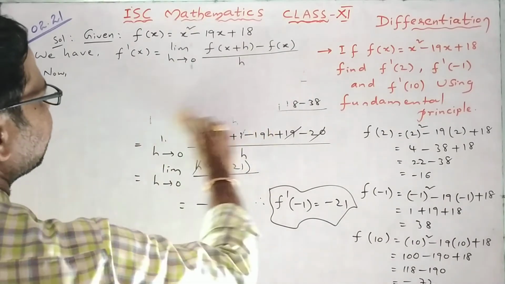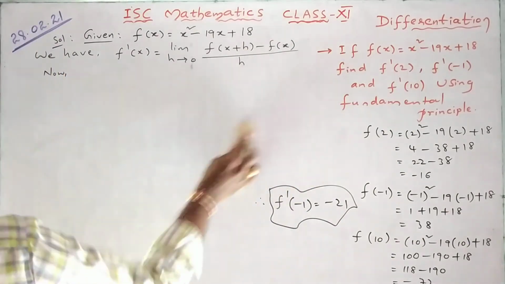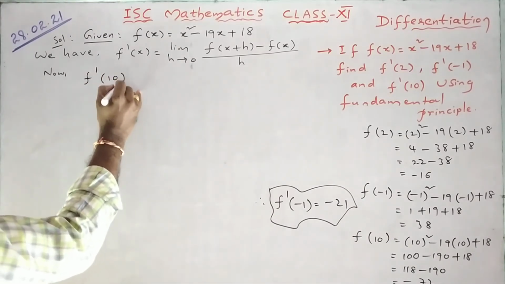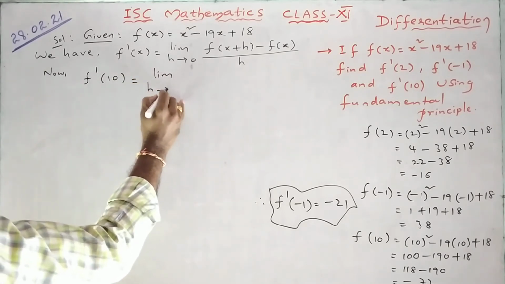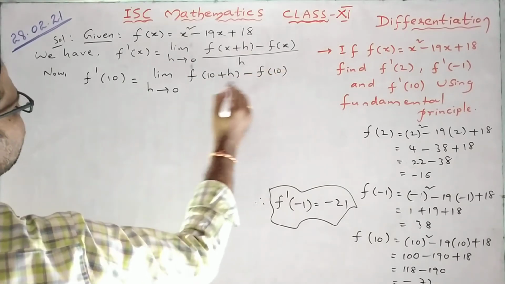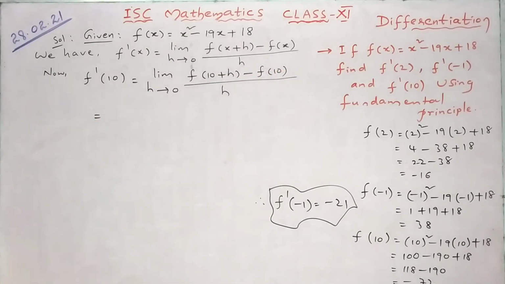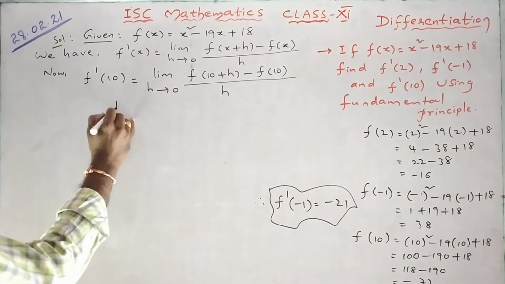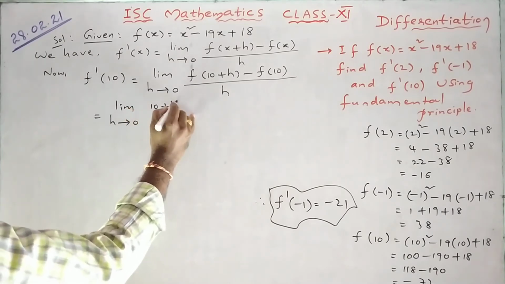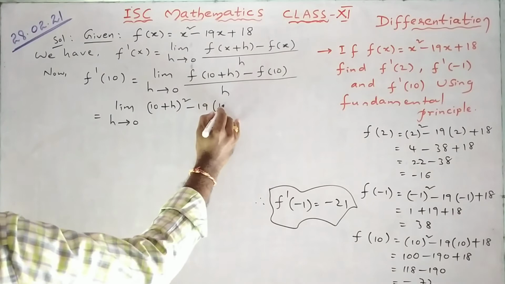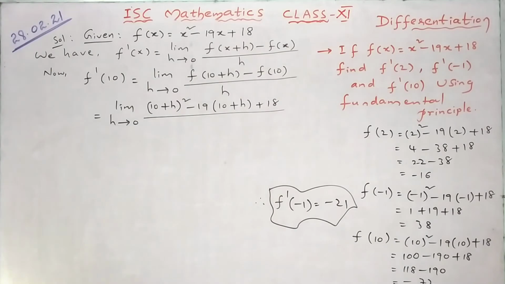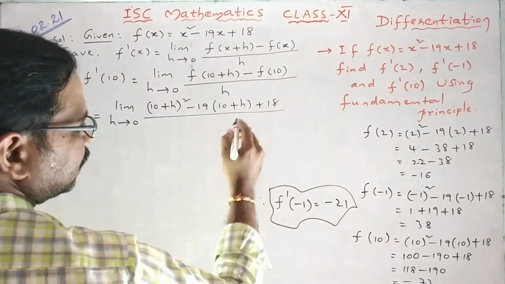f dash 10. How do we do that, f dash 10? f dash 10 means in the place of x keep 10. Limit h tending to 0, f of 10 plus h minus f of 10 upon h. So already I got the value of f of 10 here. So solve it. Limit h tending to 0, f of 10 plus h means 10 plus h whole square, minus 19 into 10 plus h plus 18, minus f of 10 means plus 72